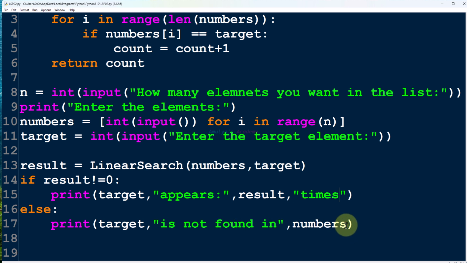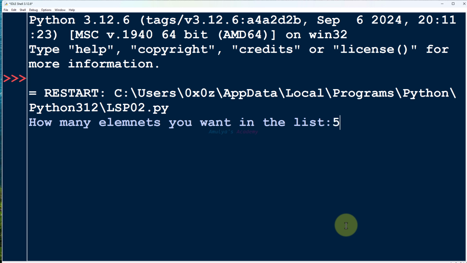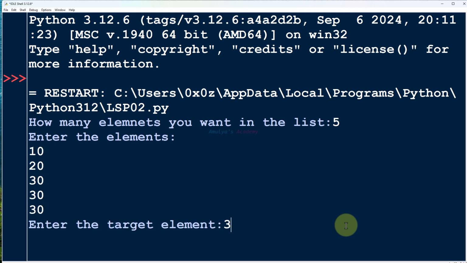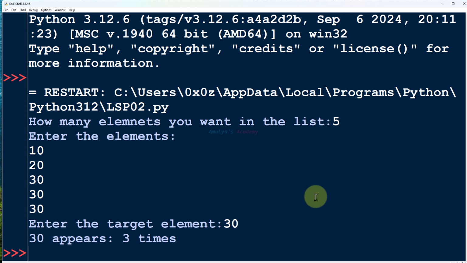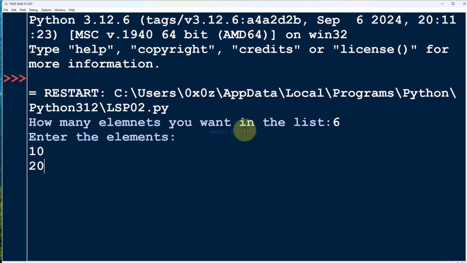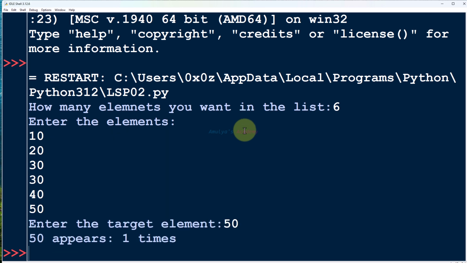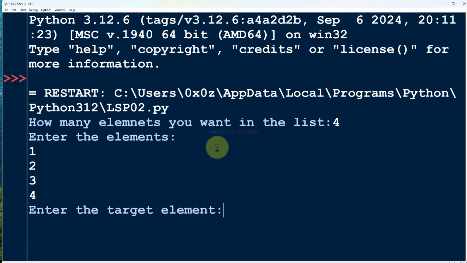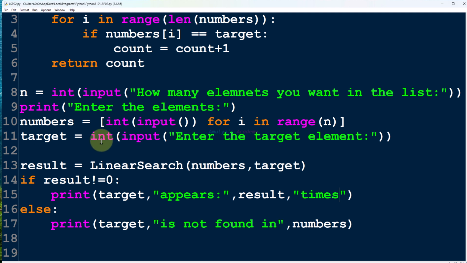Let's save this and execute this now. Let's take 5 elements. Let's enter the elements in the ascending order. Let's take 30. It appears 3 times. Let's enter 50. 50 appears 1 times. 5 is not found in this list. Okay, so this is how we can modify linear search algorithm to find how many times a target element appears